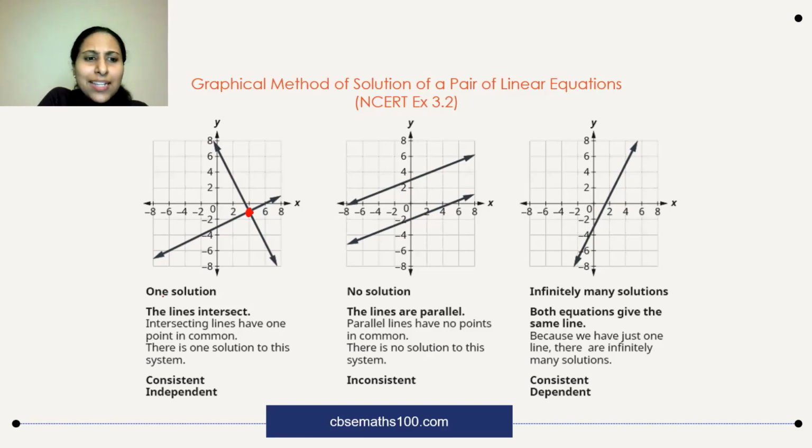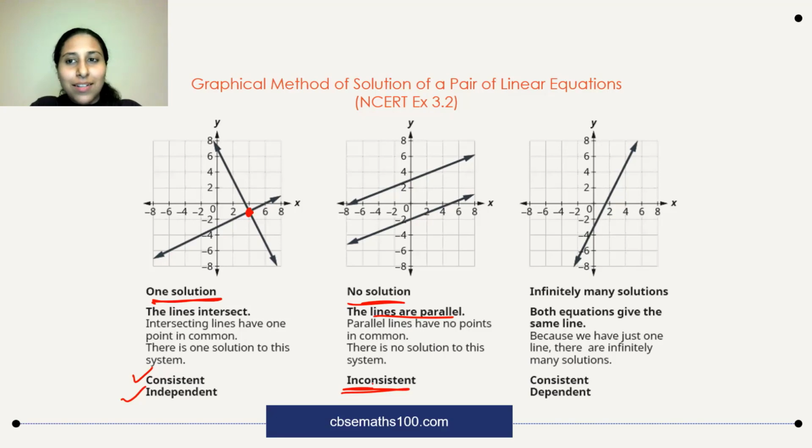So when you have intersecting lines, there is exactly one unique solution. It is a consistent system because you're getting solutions. It is independent system because the equations are independent of each other. They're not connected with each other. Okay. Now, if you have parallel lines, you can see that there's no common X or Y coordinate. So there'll be no solution for parallel lines. This is inconsistent. Inconsistent means you're not getting a solution.